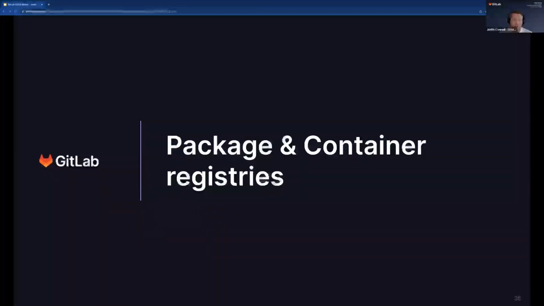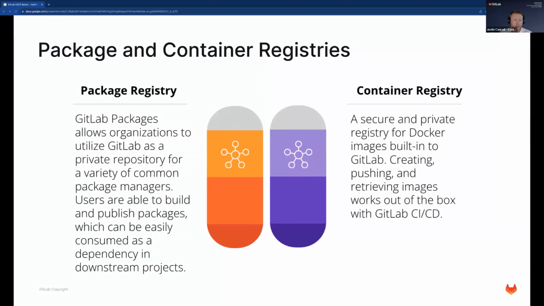Let's now take a quick look at package and container registries in GitLab. In GitLab, package and container registries are integrated services that allow you to store and manage software packages and container images. These registries are tightly integrated with GitLab CI/CD pipelines and provide a convenient way to store, version, and distribute software